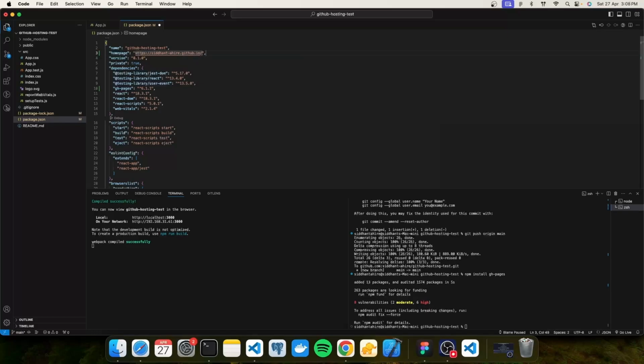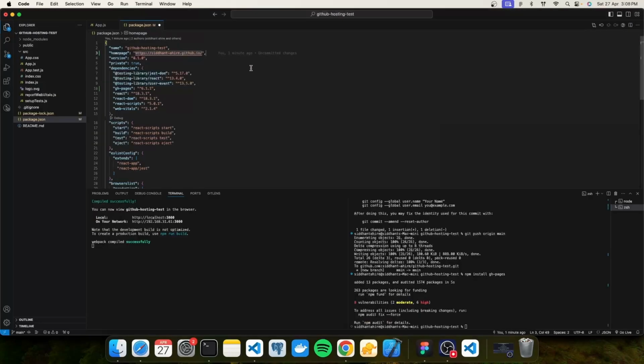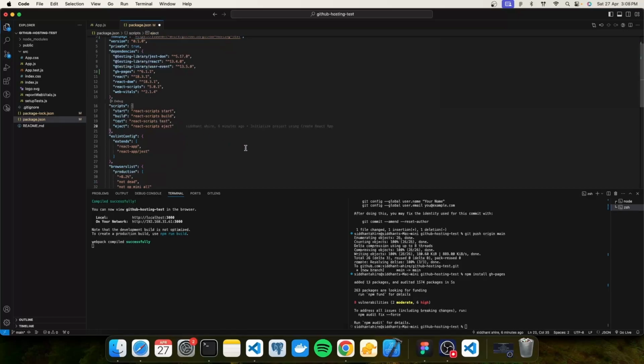After that, a slash, and we have to add our project name. My project name is GitHub hosting test. This is the GitHub project name, so we add that here, and done. That part is done, so we just add the homepage URL here, and after that what we are going to do,